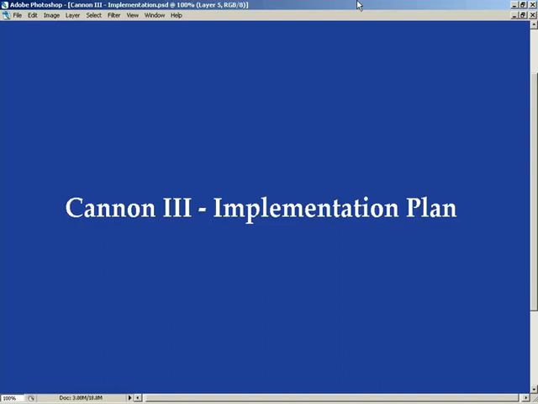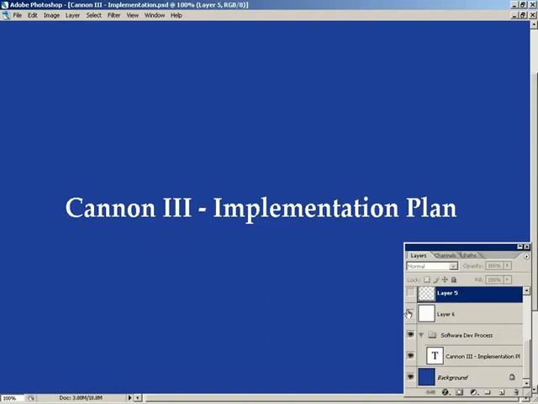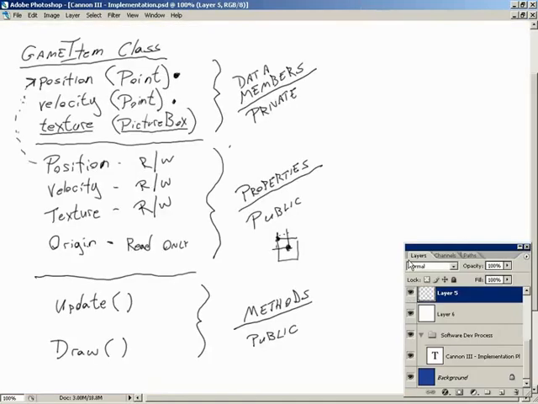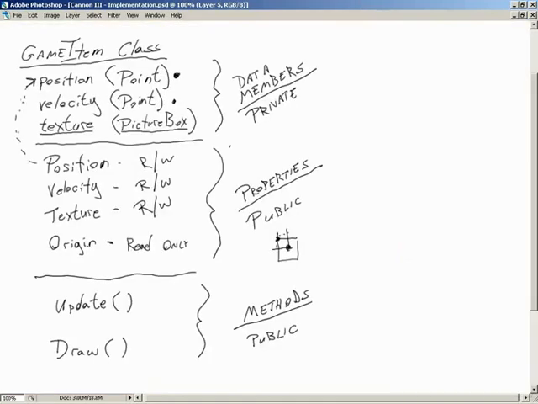Now let's go ahead and jump over here to the whiteboard and start out with our game item class. Now guess what? The game item class is going to look just like the game item class over in Canon 2 with a couple small changes. We're still going to start out with 3 private data members. Let me grab my pen. This time I've got it set in red so that we can just kind of walk through things and see the difference. Position, velocity, and texture, but this time around, instead of our texture being a picture box,